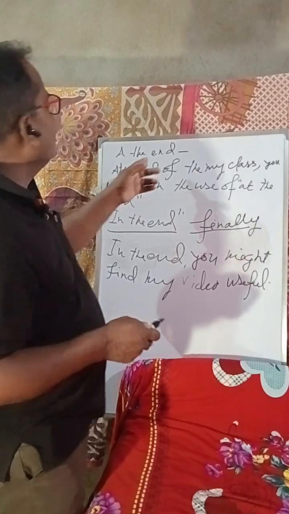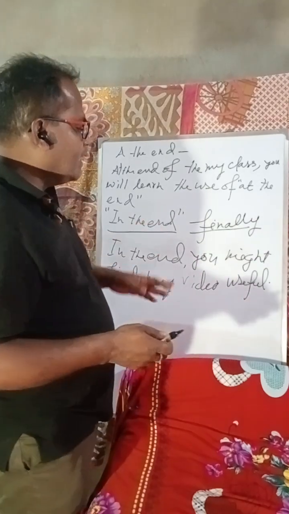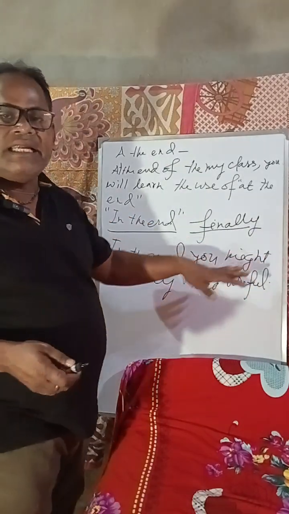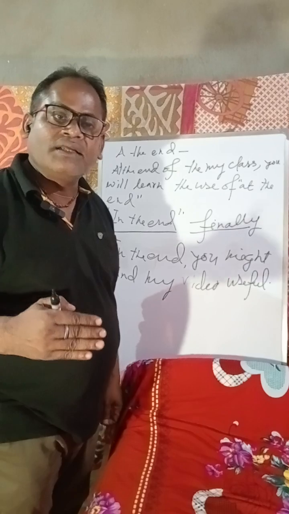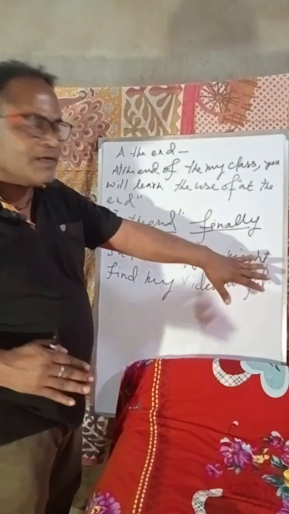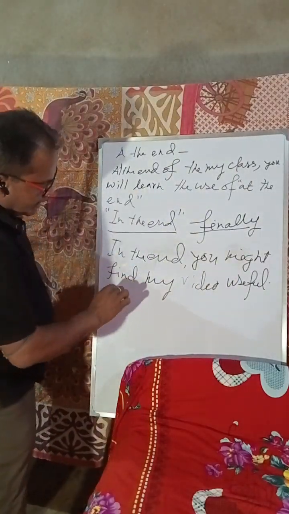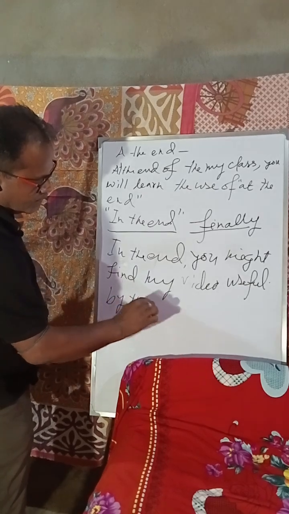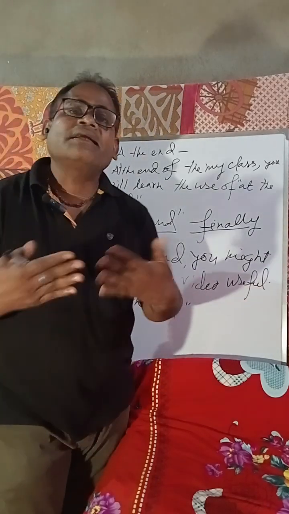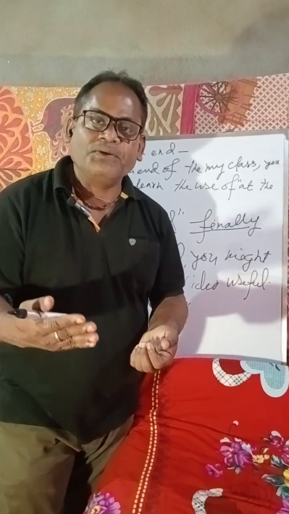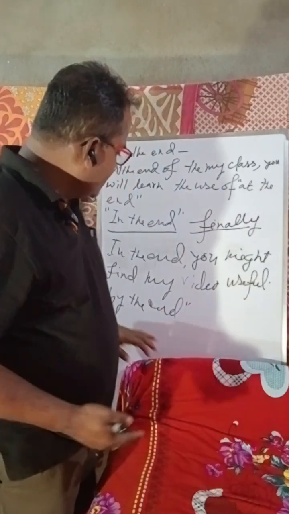No, I think. So, at the end refers to a time, understood? And in the end refers to a time leading up to the final moment. Leading up to the final. What is the outcome? What is the final outcome? Understood? And by the end means you talk about a time in the future when something will be completed or might be completed, or would be achieved. Do you get it?